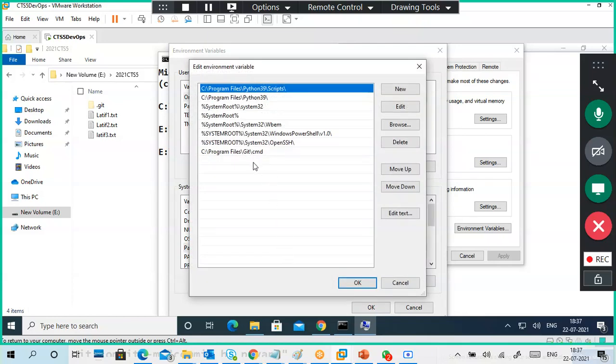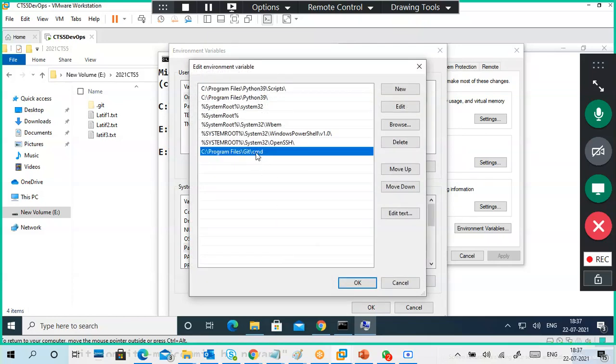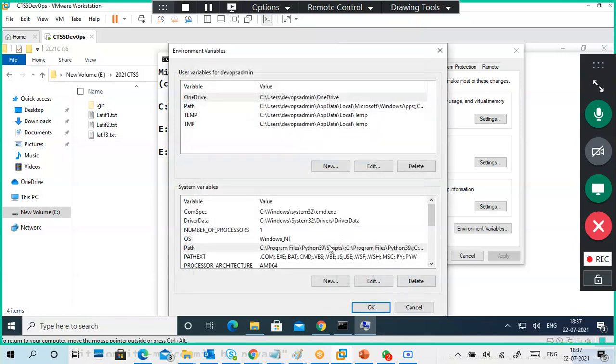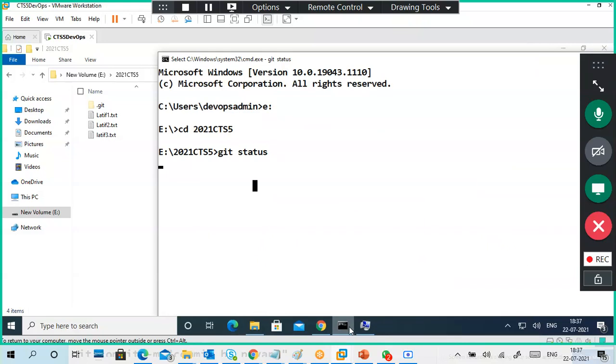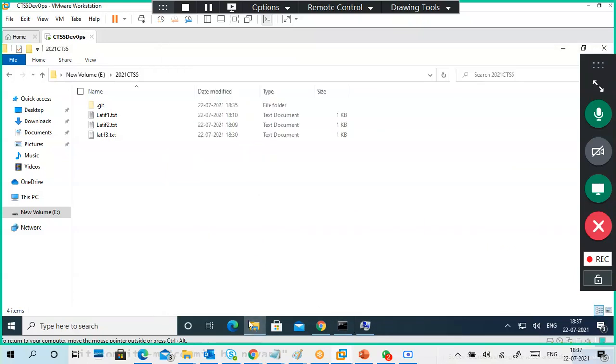It was not added. Yes, see, Git cmd is added. If that is a problem, then definitely we got that problem. Is it completed? Not completed. Why did it happen?